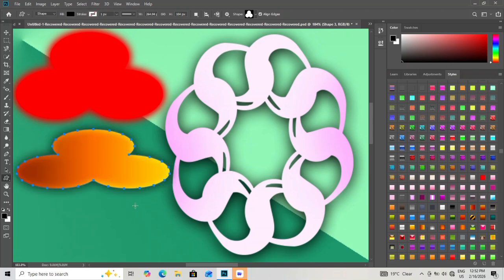Adjust elements using the Move tool, Clone Stamp, or Eraser to eliminate harsh lines. Organize layers for flowers, leaves, and accents to maintain